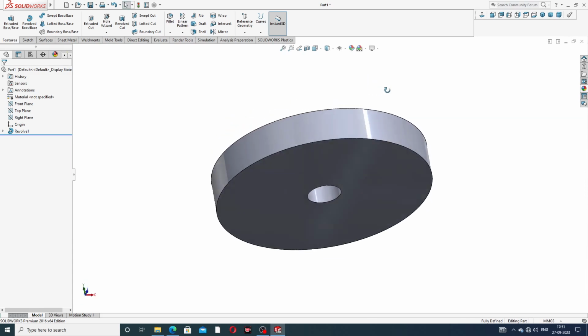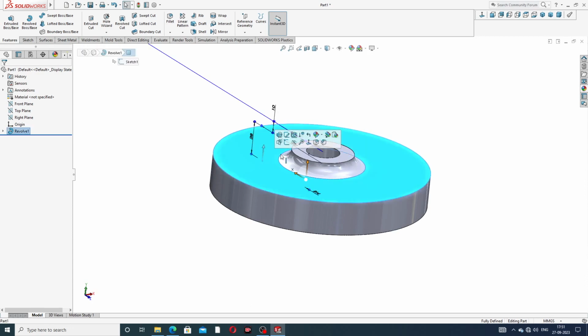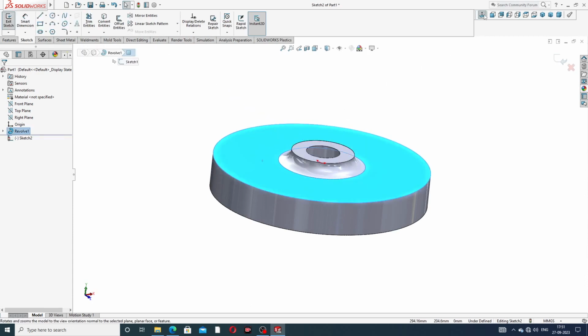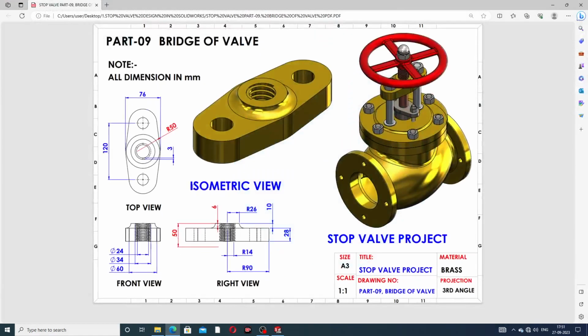Okay, all is perfect. And again select this face, sketch normal, and again draw this body. Then this height is 120 millimeter, this is 76 millimeter, and this is very important. This circle is drawn here, 60